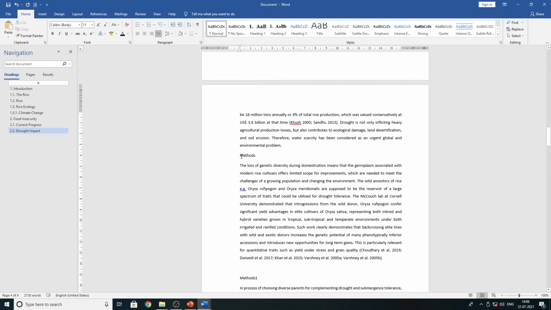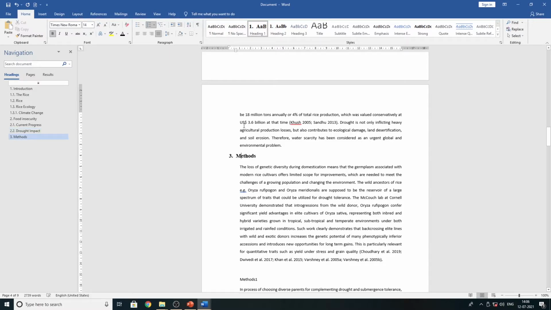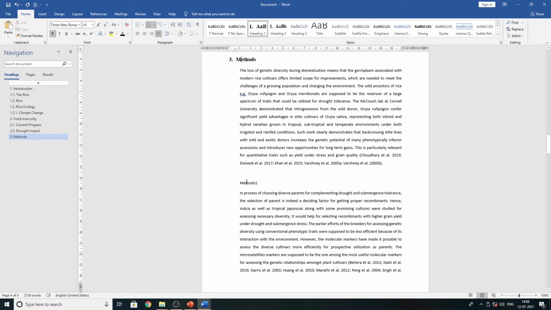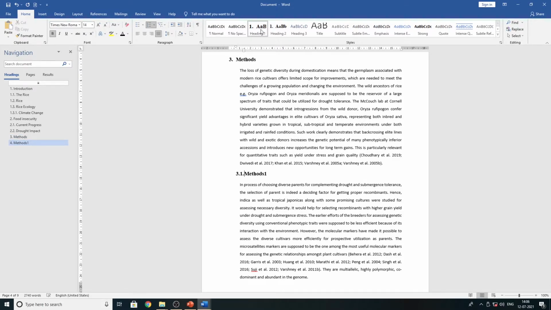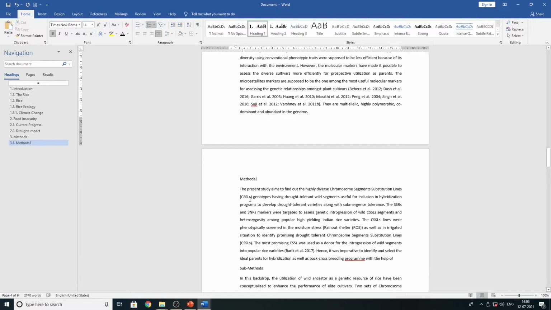Now Methods. Now this is the first heading, 3. Now I'm going to make a subheading of 3. Heading first, I'm going to hit one tab, so 3.1. I'm going to make 3.2.